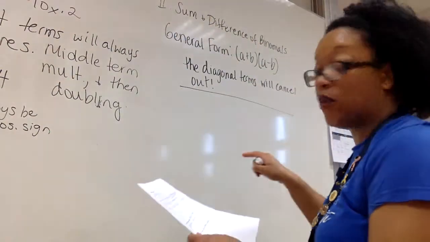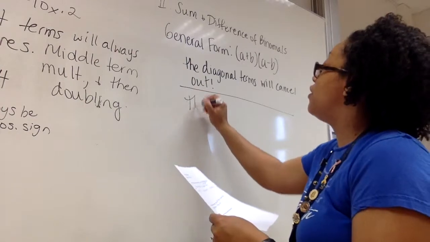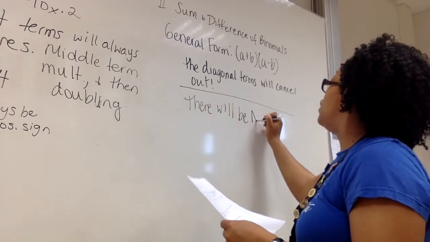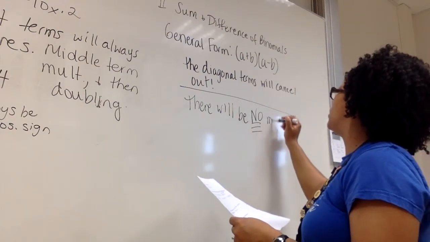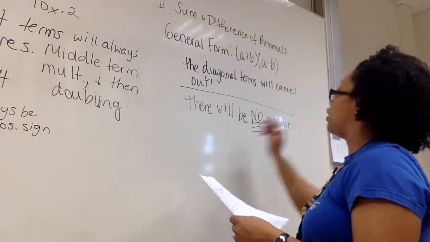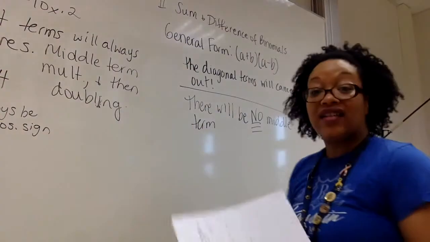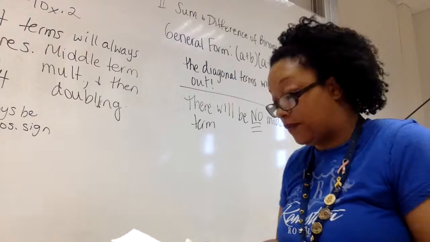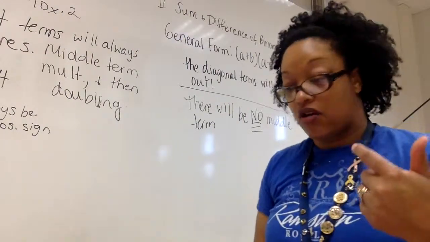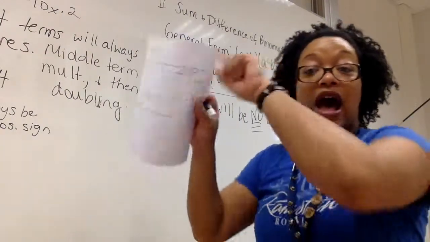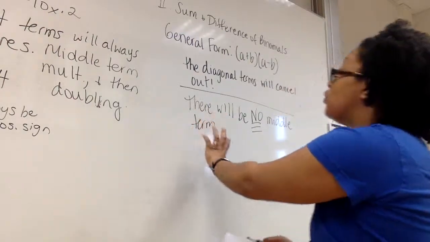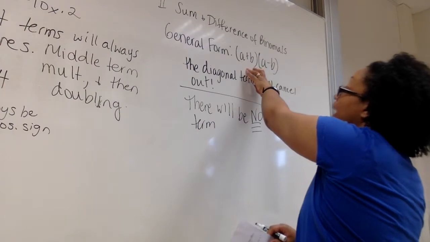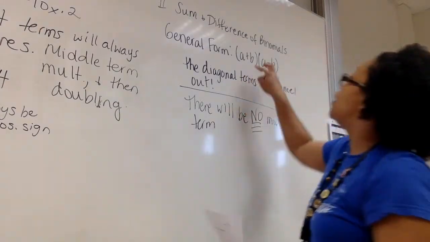So write this down before we get to the examples. There will be no middle term. All right? That's how you're going to know you got a special case, because that's your special product. There's no middle term. Okay? So in the next video, we're going to do a couple of problems. I'll do the box method so you can see what this looks like. But if you recognize this is a special case, then you can just go straight from the